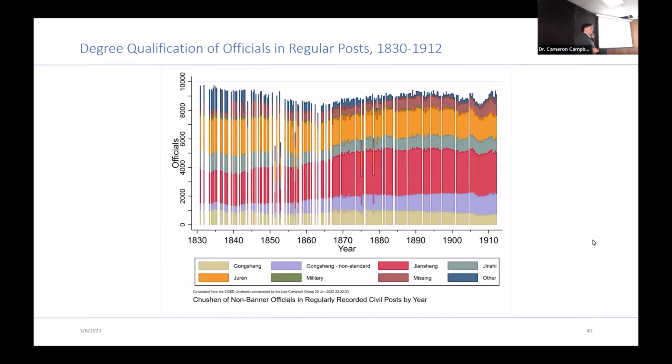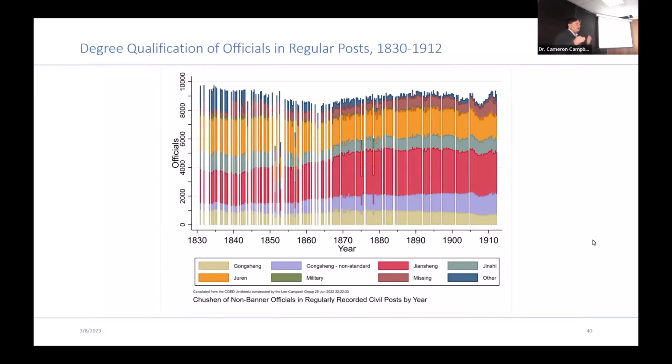Half these officials, you have to take an exam even to get a purchase degree, but actually only a small fraction of officials had the highest degree, which everyone loves to talk the most about, the people that competed in the exam in the capital. There were about 300 of them every 3 years, but they accounted for a pretty tiny fraction of officials. And then there were a lot of juren. These are people that got a provincial degree, went up to the capital to compete in the metropolitan exam and didn't pass. So they just went and became officials.